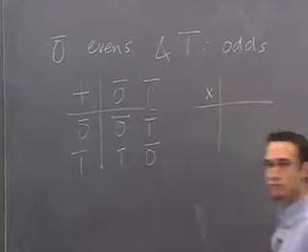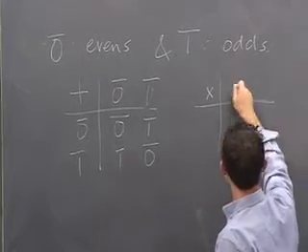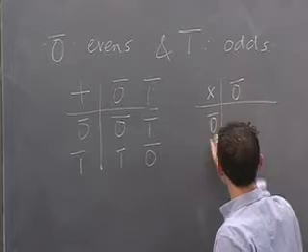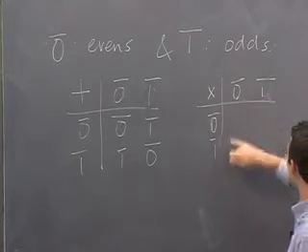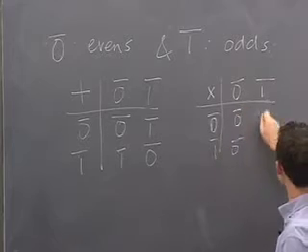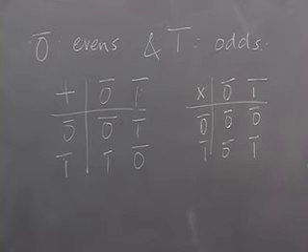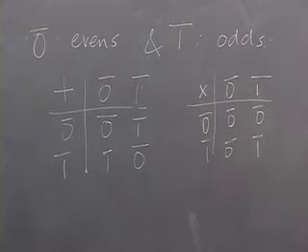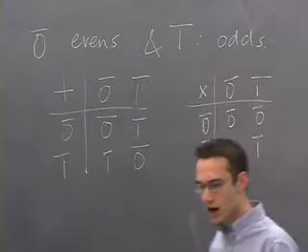Likewise, there's a sort of multiplication table for evens and odds. If I multiply something that's even by something that's odd or even, then I certainly get something that's even. But if I multiply something odd by something odd, then I get something odd. So there's this whole simple arithmetic that goes on with evens and odds, but you have to ask